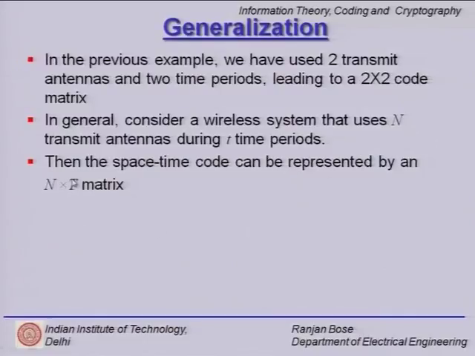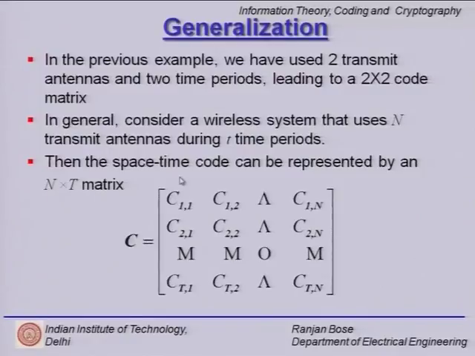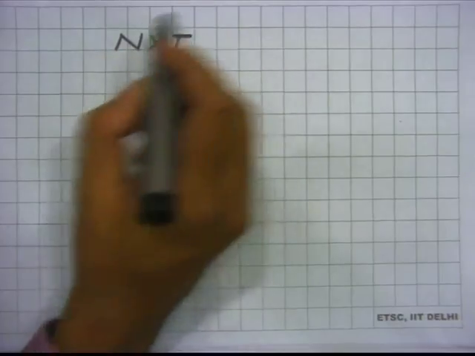Now, if the number of time slots is t, then we have an n cross t matrix which will represent the code. Just like when 2 transmit antennas and 2 time slots were there. So, n was 2 and time slots t were 2. So, you had a 2 cross 2 matrix. So, in general we will have this representation again. If we look at the code for this n cross t encoding matrix,